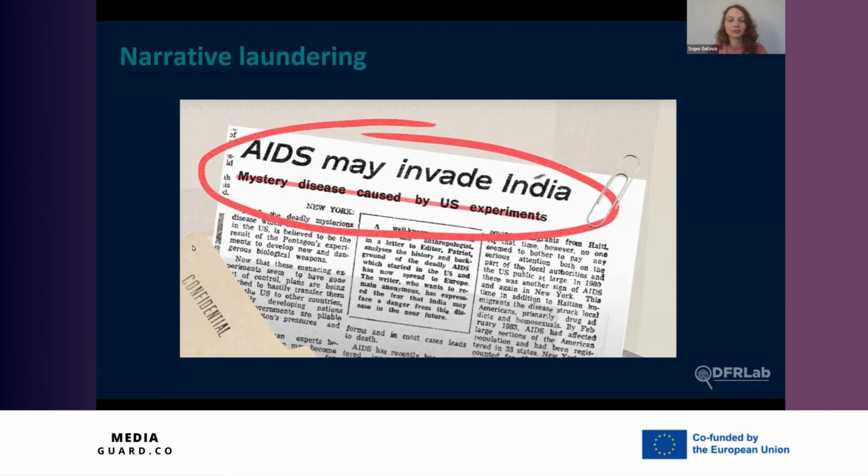But what was interesting about this article was that we already see the narrative, right? The disinformation narrative that mystery disease AIDS was caused by US experiments. What was interesting was that this article was also based on facts. It contained a lot of statistics about AIDS, about distribution, like who was affected, all the factual information. So what we mentioned earlier, that we need some existing discussions and sentiments to resonate in public, using facts in this information campaign is also very important, so it is successful.